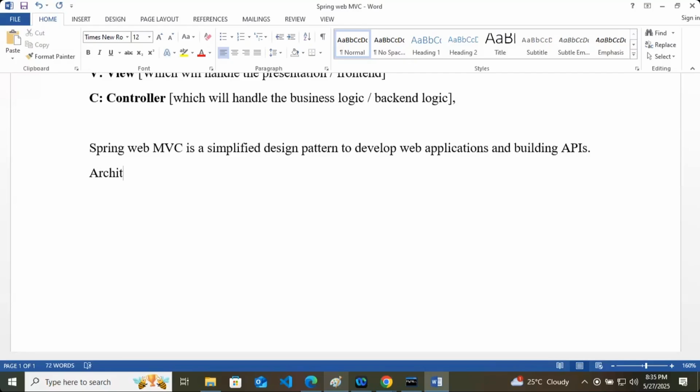Architecture of Spring Web MVC. We have seen the architecture of Web MVC. It was very simple, but here the architecture of Spring Web MVC is a bit different. Let's understand.